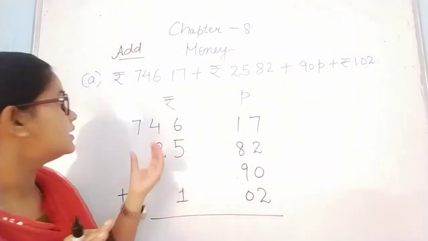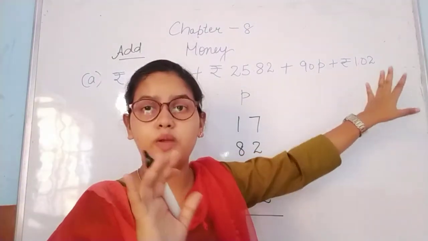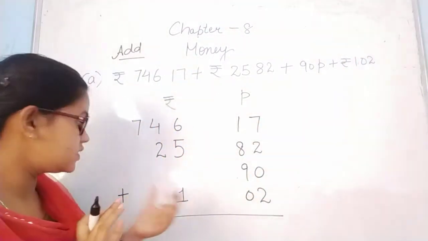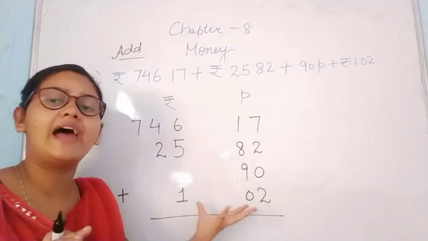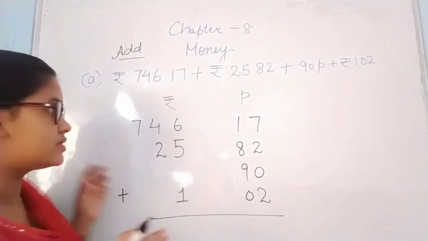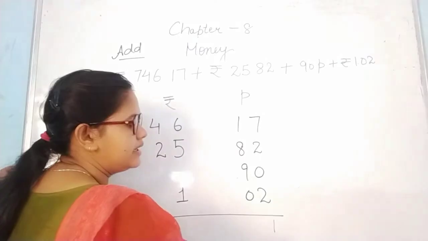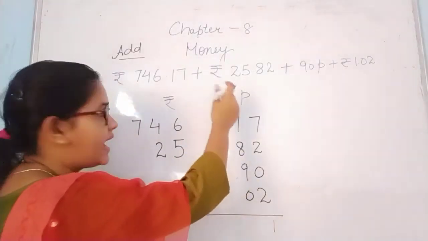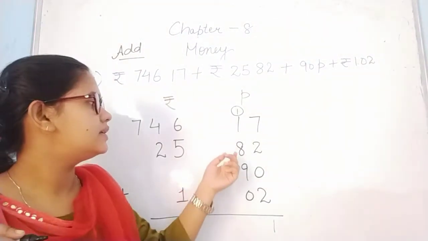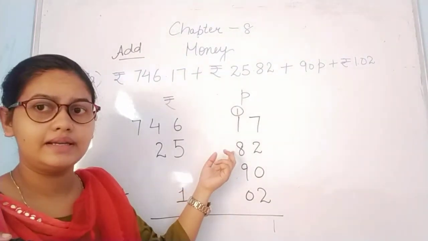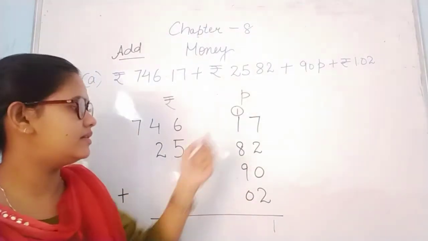You can see the last one, which means the fourth sum, we have to add 1 rupee 0.02 paisa. So this one is 1 rupee and this one is 0.02 paisa. Now how will we add this one? So let's add this first. 7, 8, 9, 10, 11. 1 will be here and 1 goes as carry. Then 1 and 8 become 9. 9 and 9 become 18. 18 and 1, 19.